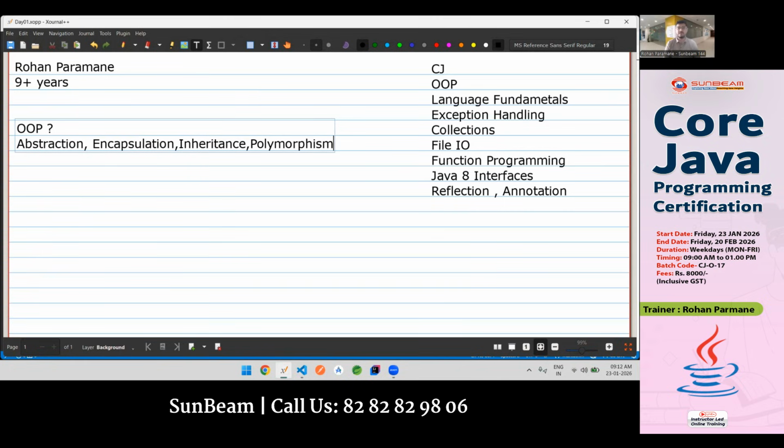But if I want to talk about it in a bit more depth, so understand it. OOP concepts were given by Grady Booch. Now, who is Grady Booch? He is one of the pioneers who invented the UML, Unified Modeling Language, that was used to represent the object-oriented